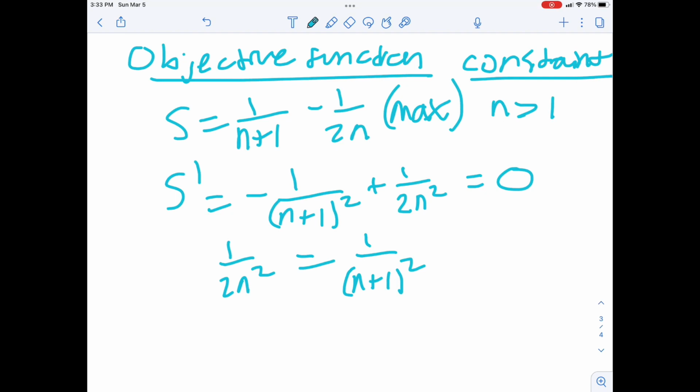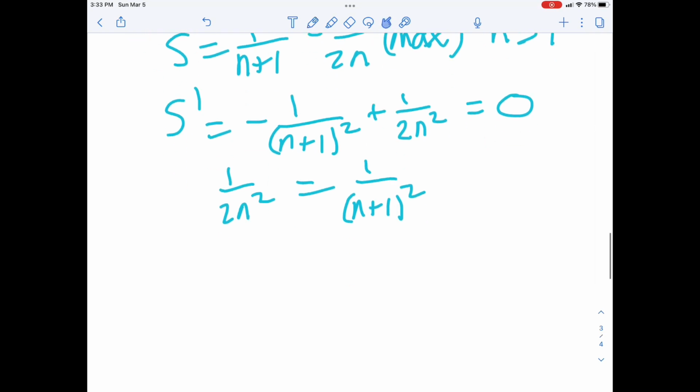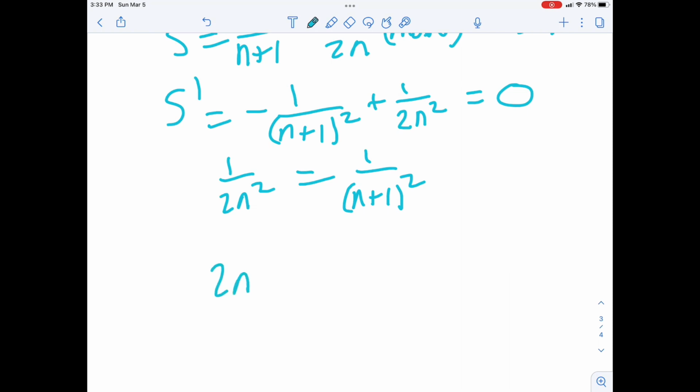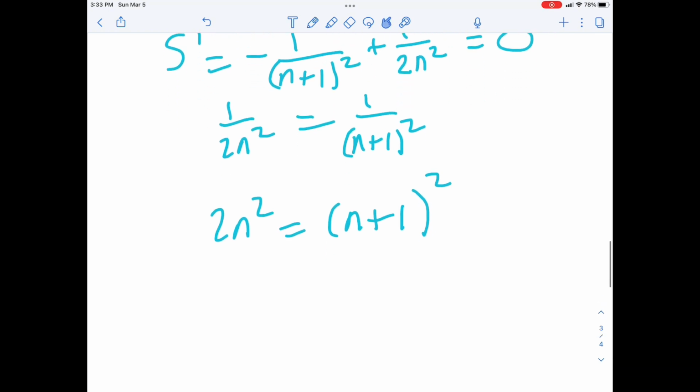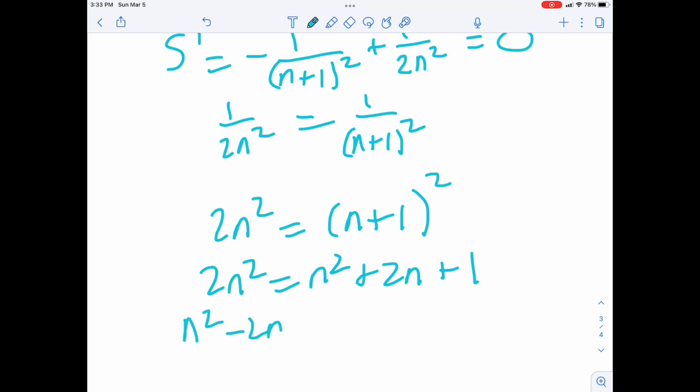So really what I'm looking for is when does 2n squared equal n plus 1 squared. I'm going to start by expanding this, and so you're left with 2n squared equals n squared plus 2n plus 1, and then I'm going to subtract everything over, and I get n squared minus 2n minus 1